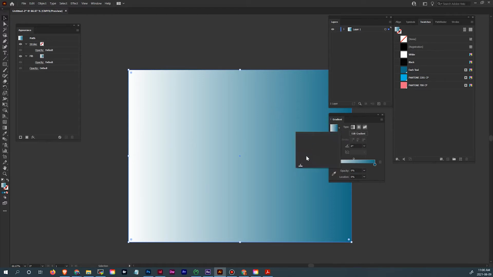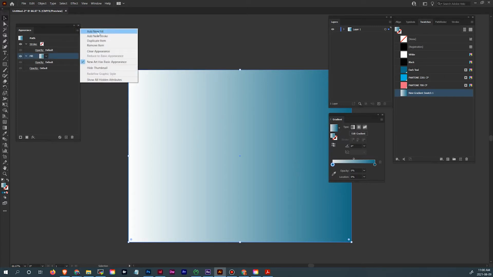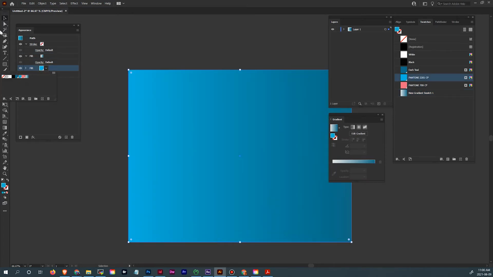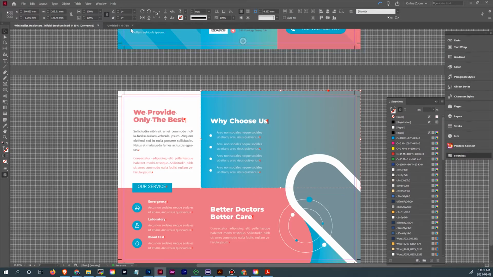I'm going to save that gradient type. And now what I'm going to do is add a new solid fill underneath that, which is going to be my lighter color. And that gives us a really nice, clean, pure blend that I can actually import and use in Adobe InDesign. Now if I were to copy this object, and then just go over to InDesign and paste it,